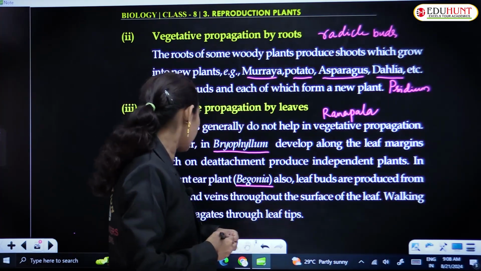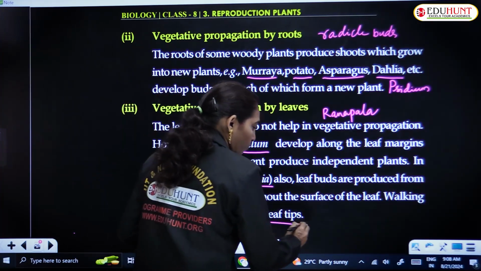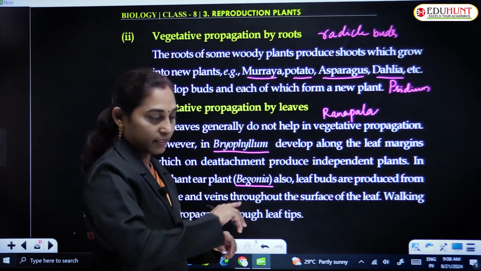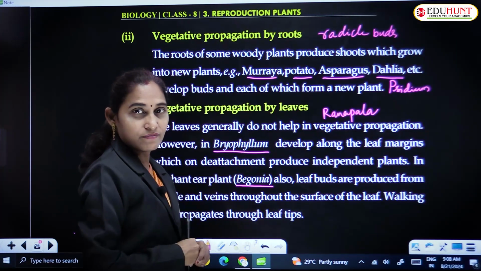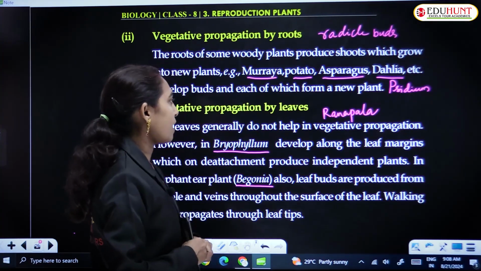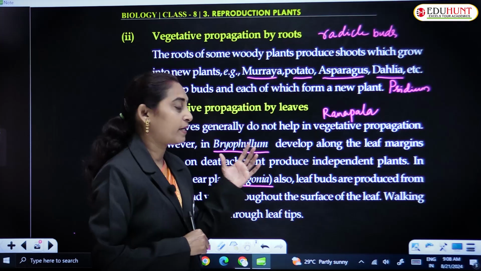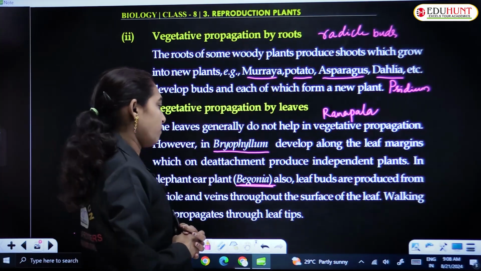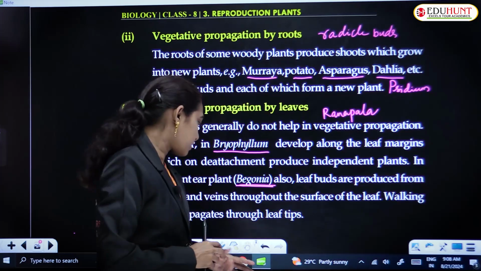Walking fern also propagates through leaf tips. Walking fern is Adiantum, the fern whose leaves look like the feather of a bird. So these are the examples. The best example is Bryophyllum, and another example is begonia, and even walking fern. They produce, as we have just seen,